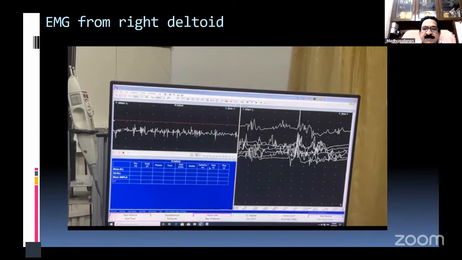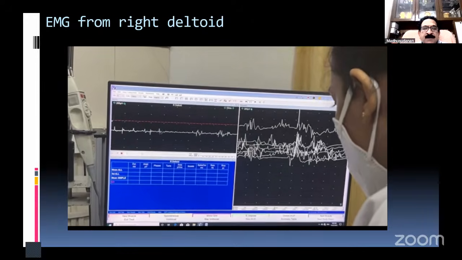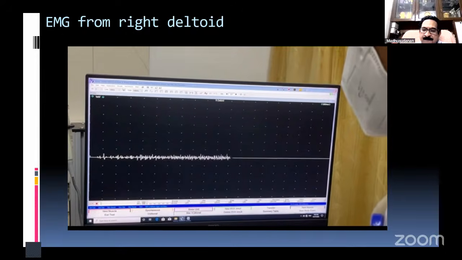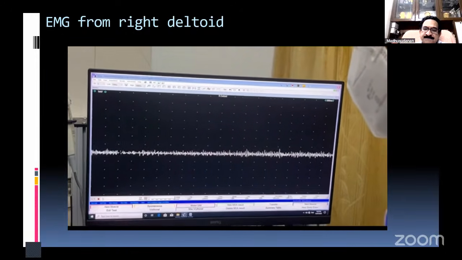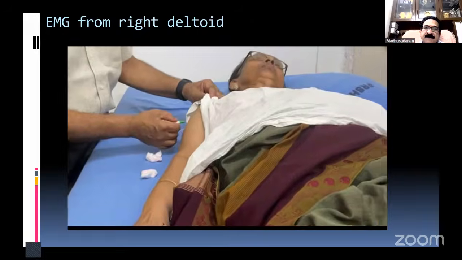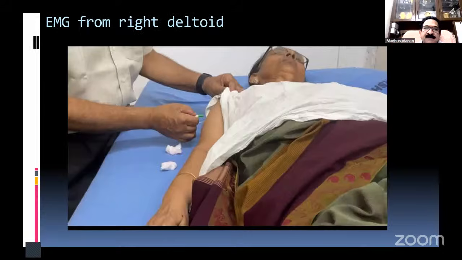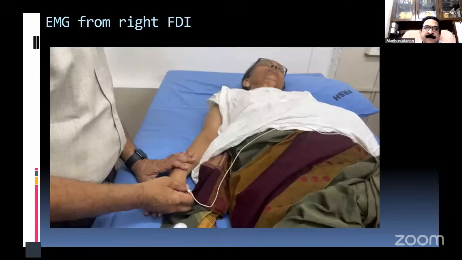Voluntary activity: there is not much of a large amplitude there, and interference is also decreased. Then from the right deltoid, sorry, that's right deltoid. Then from the right FDI,